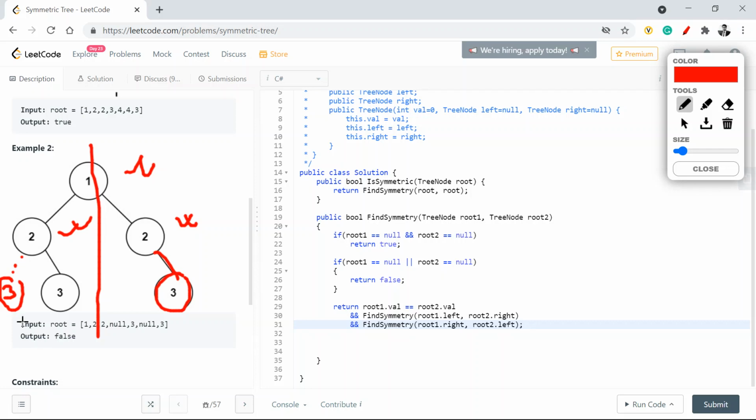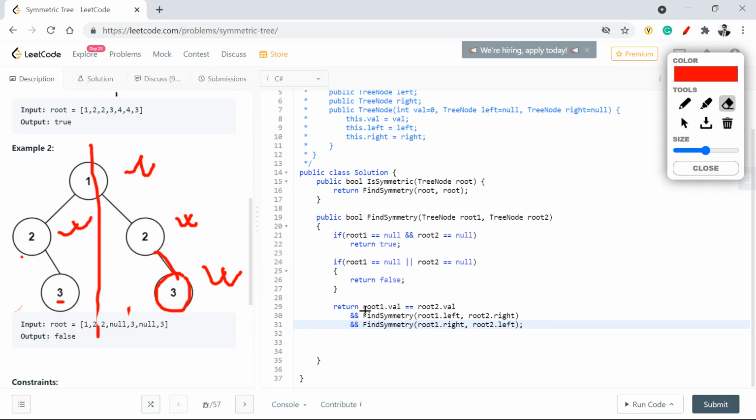If this would have been present somewhere here and I would have something against this, I need to have something like this, then it would have been a symmetry. But considering I don't have this and I don't have this, it's not a symmetry, because I have to compare the left of the root node here against the right node of the root 2 node here, right? In order to see whether these values are correct or not.